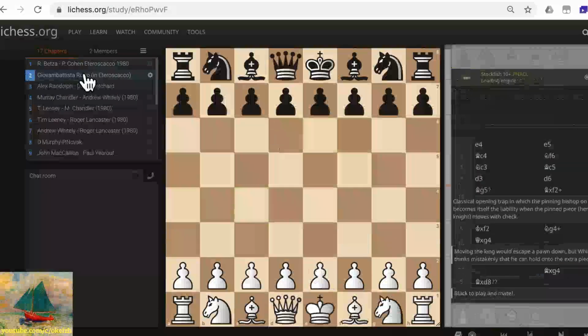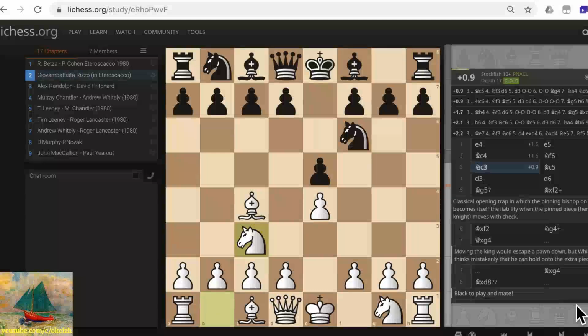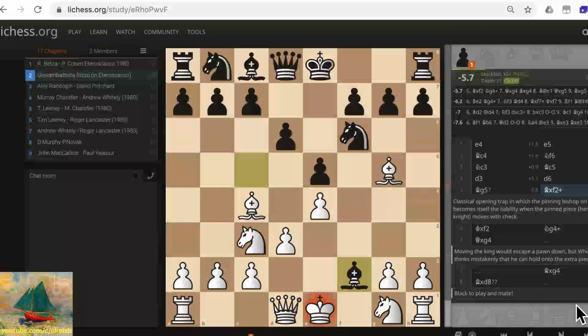Okay, so this is another game from the 80s. And we can see, I guess, again, e4, e5, bishop c4, knight f6, knight c3, bishop c5. And in a way, they're just bishop to g5. Okay, so actually bishop to g5 falls into a classic opening trap. And so I can't remember who was white. Yeah, so it's not clear who was white and who was black, but the trap is bishop takes f2 check,